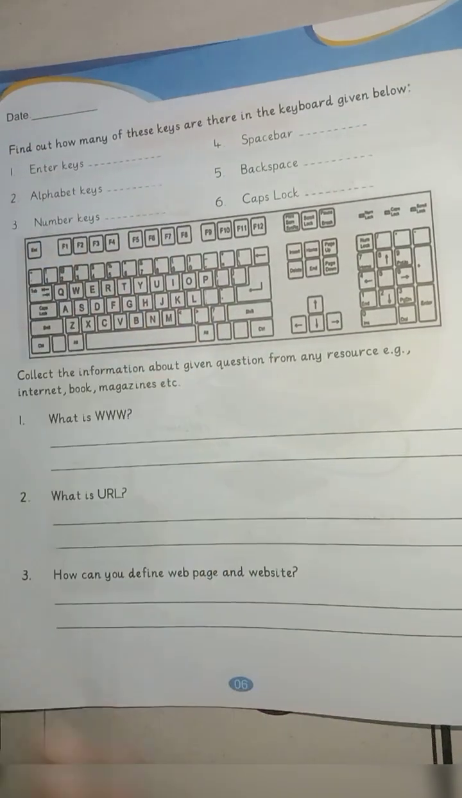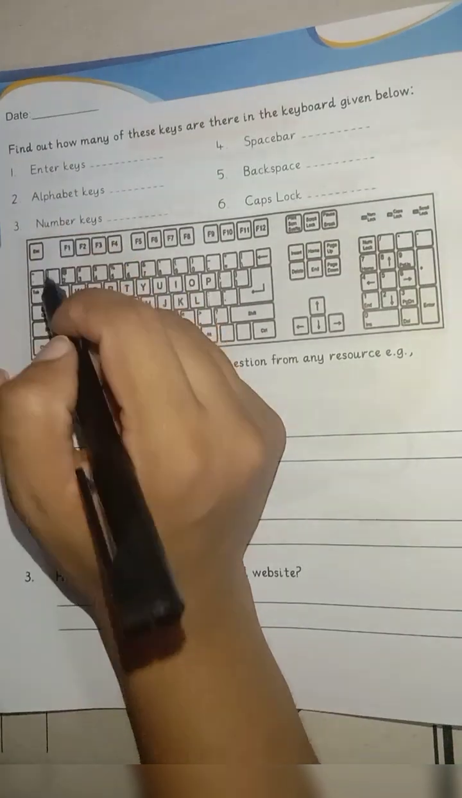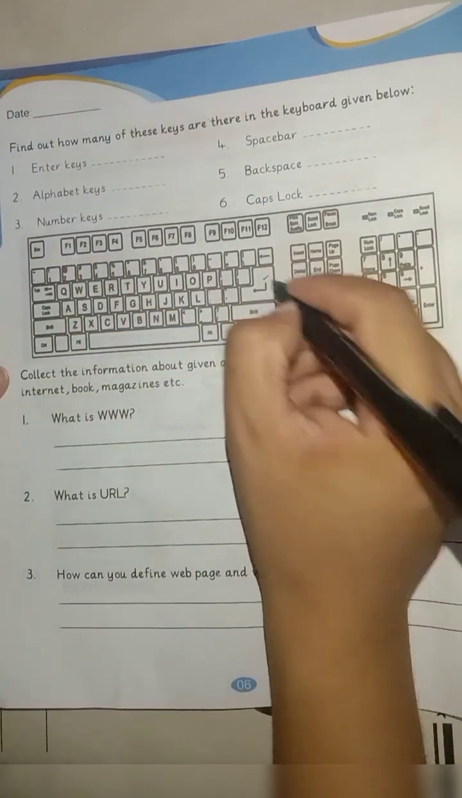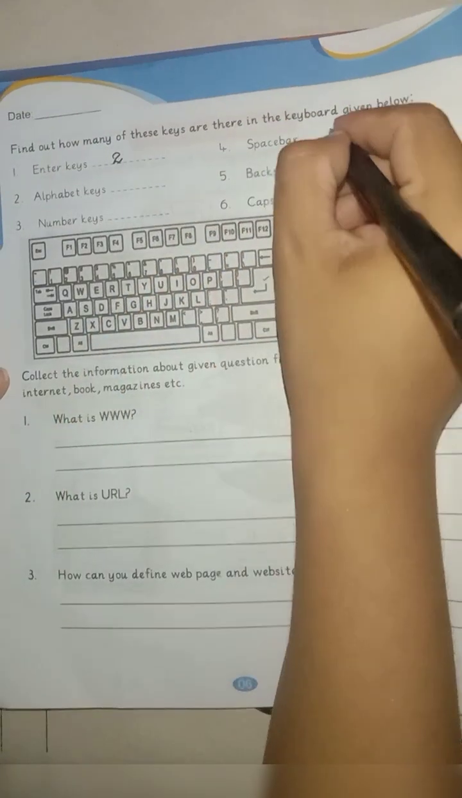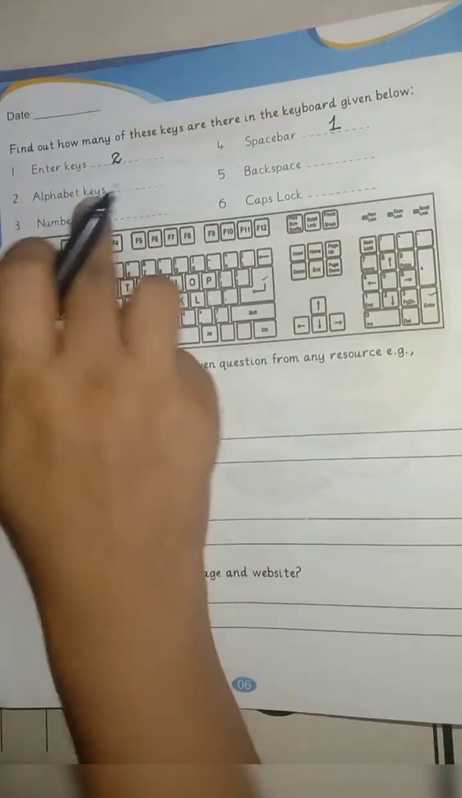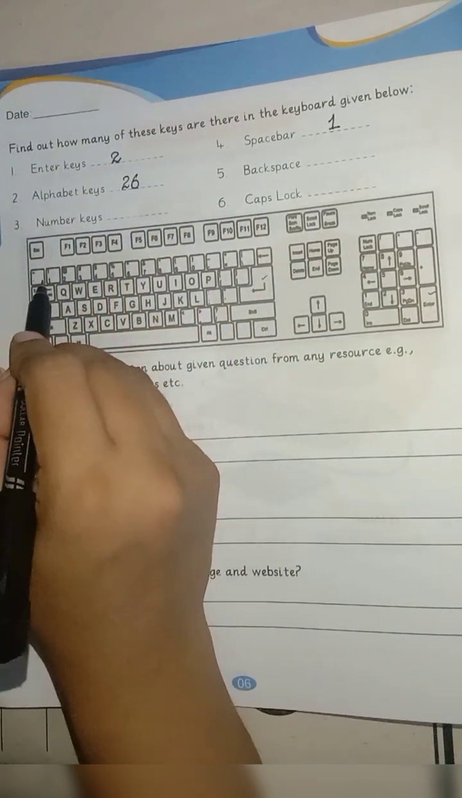The next activity is find out how many of these keys are there in the keyboard given below. Enter keys. One is this enter key and the other is this enter key. So we will write 2 enter keys and spacebar, only one spacebar key. Alphabet keys, 26 alphabets. Number keys,